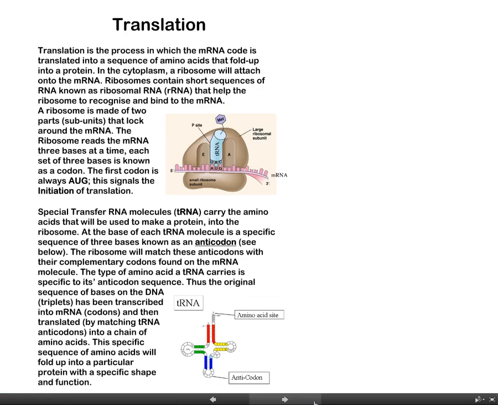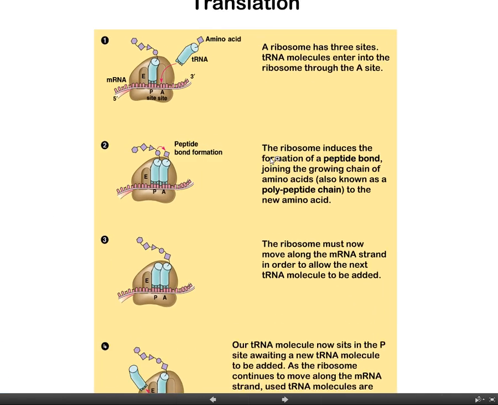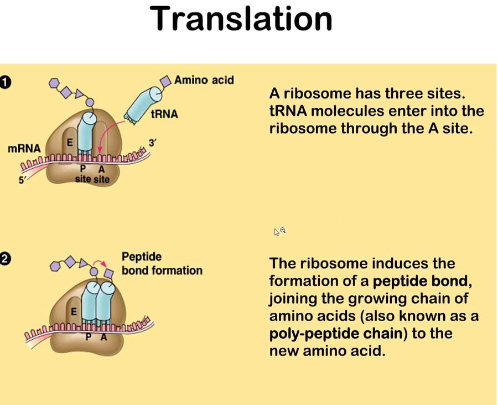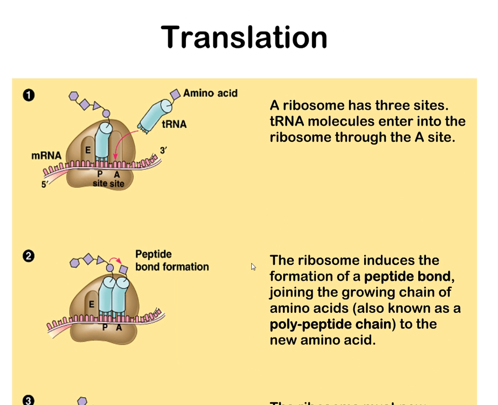So let's have a look at the process in a little bit more detail. So I'll zoom in a little bit on this. Okay, so here we go. So the process of translation, basically, the messenger RNA enters the ribosome and the ribosome clamps around it. Now the messenger RNA is pulled through the ribosome, sort of like ticker tape is pulled through it, if you've ever used a ticker timer. But think of this as just like a little ribbon being pulled through the ribosome. And as it's pulled through,